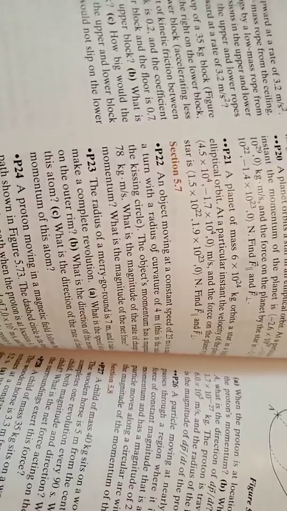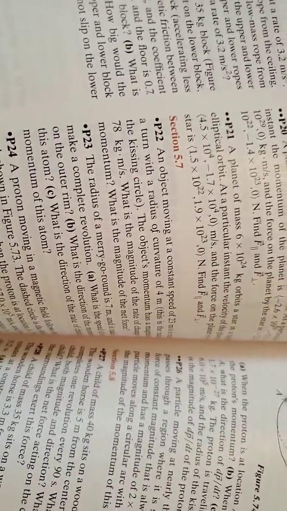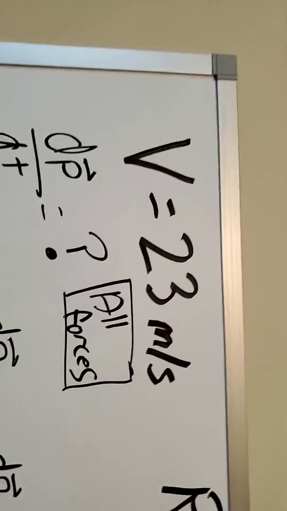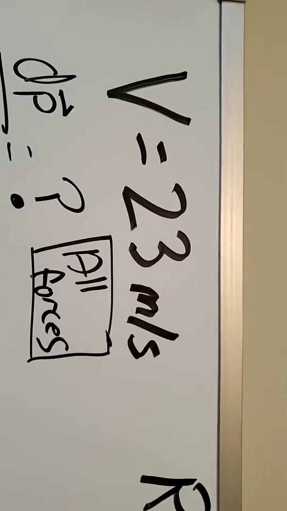Alright, so this is video reassessment 5 for assessment 5. I'm going to be doing problem 22 in chapter 5, section 7. It's going to be dealing with circular motion and net forces, sometimes including gravitational, but in this video we will not be doing that. Problem 22 gives us that an object is moving at a velocity of 23 meters per